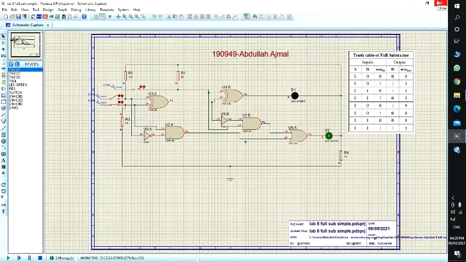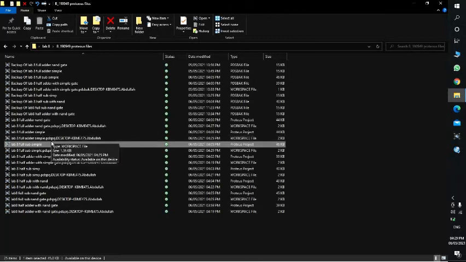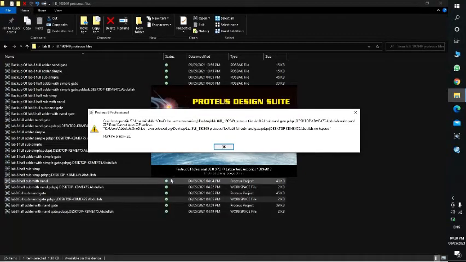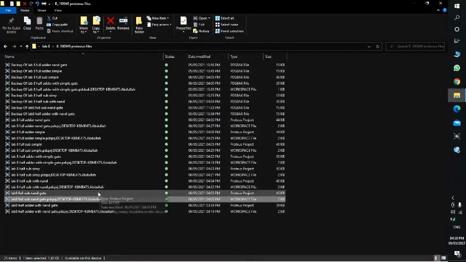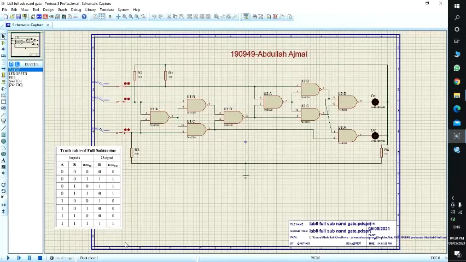Now let's move towards the full subtractor using NAND implementation. So this is the circuit of the full subtractor with NAND implementation.